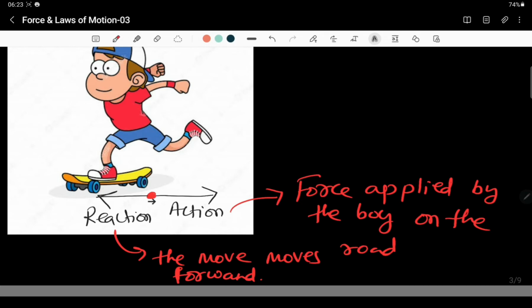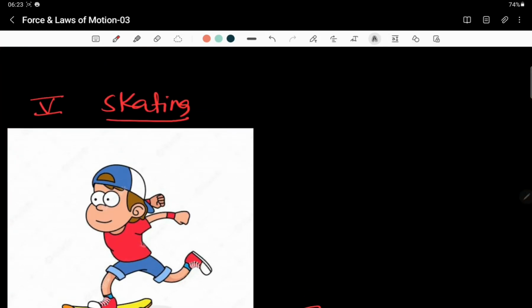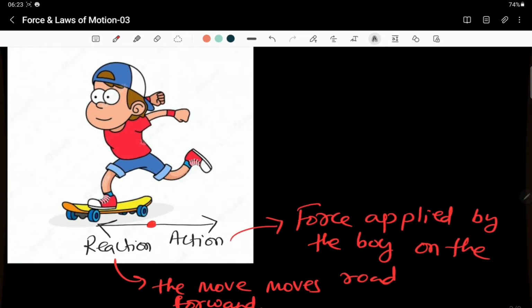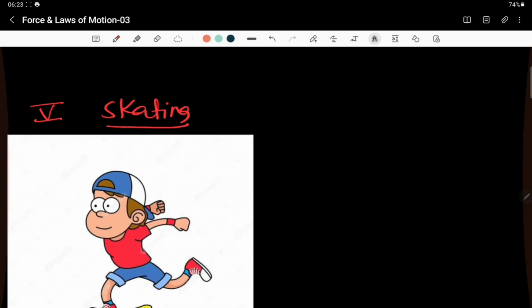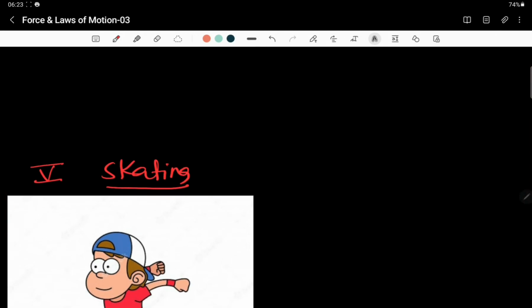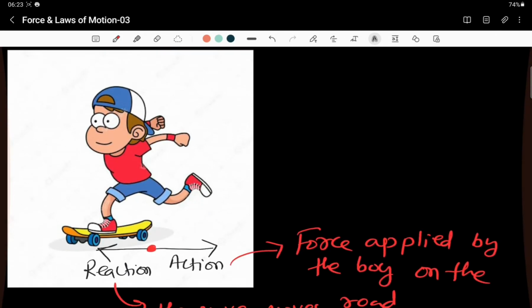All right, so this is all about the action reaction law. Newton's third law of motion is also known as what? Action reaction law. I hope all these things are quite clear. So for every action there is an equal and opposite reaction. This is Newton's third law. If they are asking about examples or illustration, you should be able to write this.